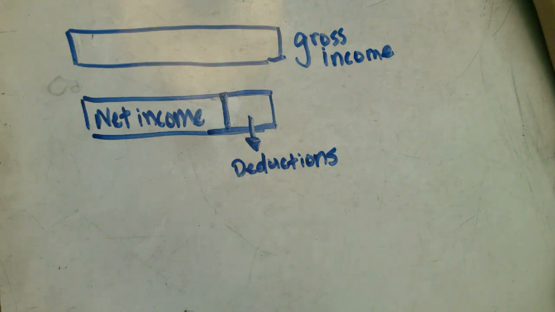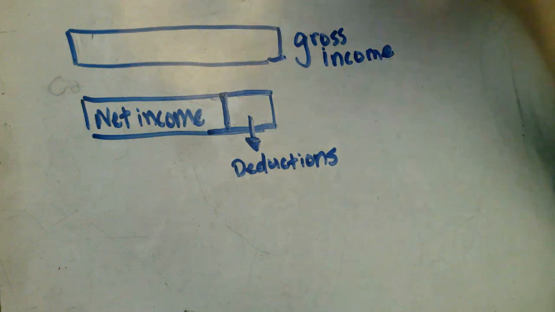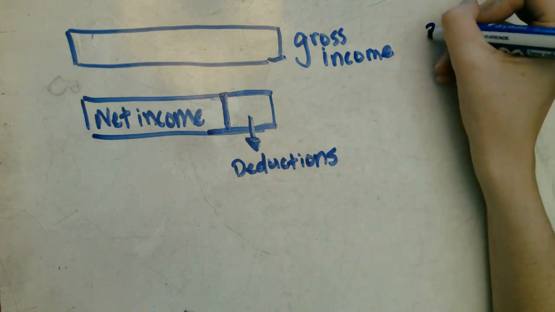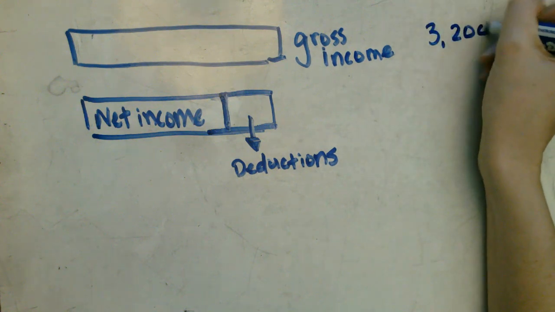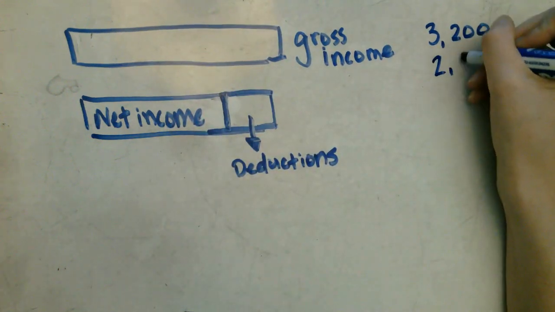If we were looking at this and we tried to think about the difference between the amount of Ben's gross income and the amount of his net income, we can see that the difference is $700. How did we figure that out? Well, we subtracted from the total number in his gross income that he got, which was $3,200. That was the total amount. And his net income only had that